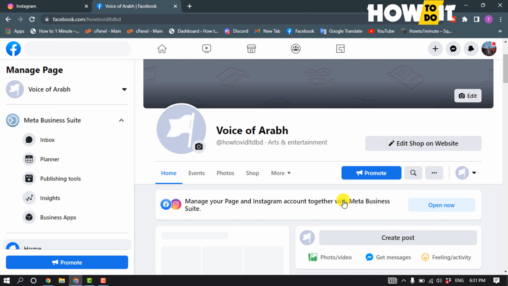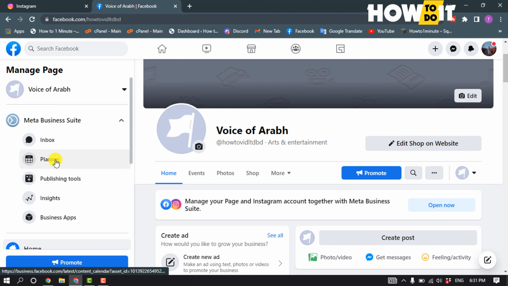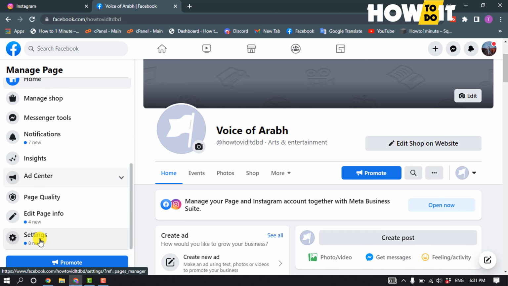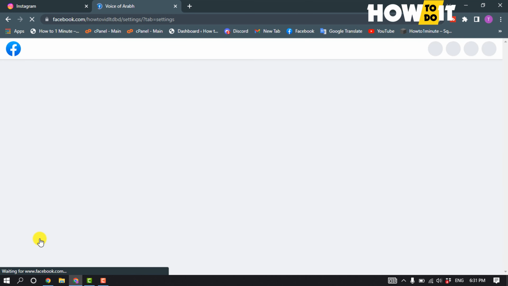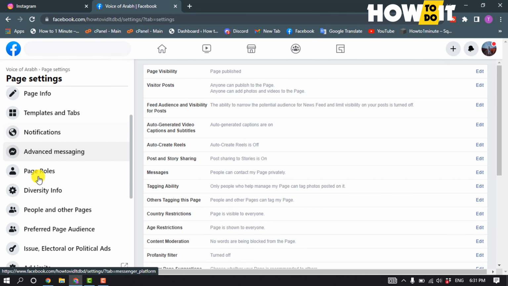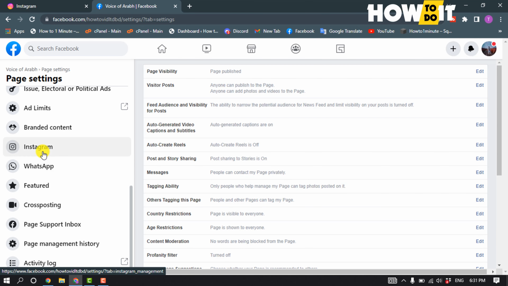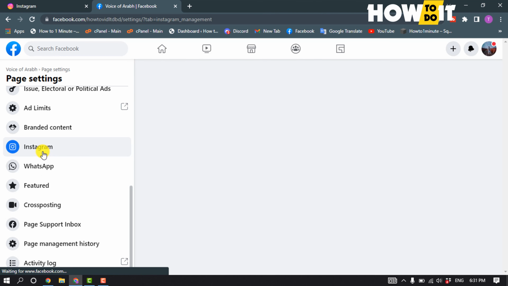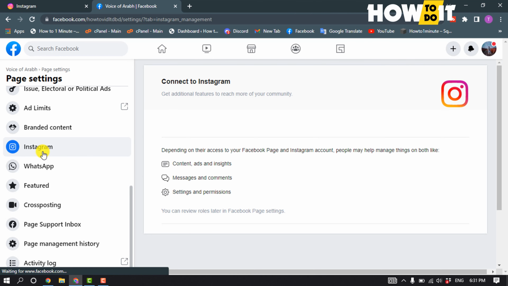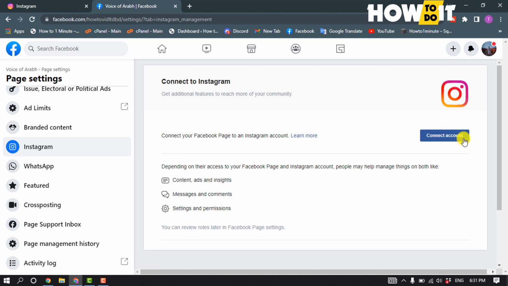And now let's see how to add Instagram account in classic page. So open your Facebook page and scroll down to the left hand side and click on settings, scroll down and click on Instagram and click on connect account,